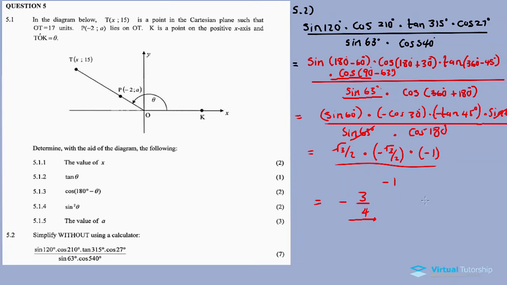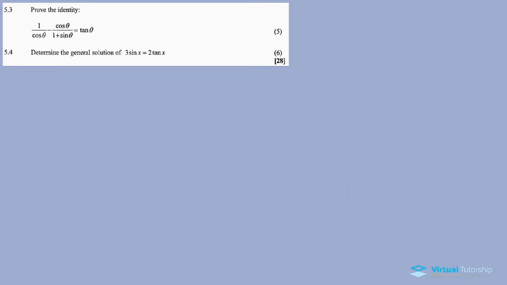Okay, now see, I go 5.3. Alright, now go 5.3, but you prove the identity 1 over cos theta minus cos theta over 1 plus sine theta equal to tan theta. Let's come with the left hand side is equal to the right hand side. So tata the left hand side to simplify it further. So the left hand side 5.3, the left hand side is 1 over cos theta minus cos theta over 1 plus sine theta. So this is equal to